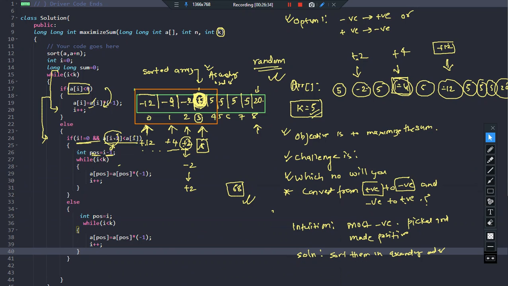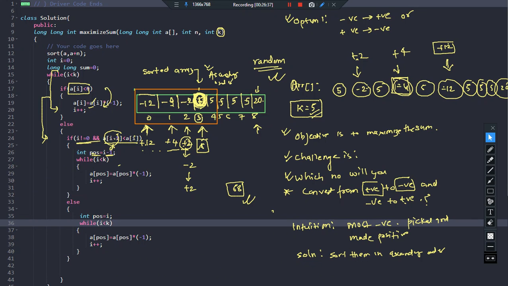That's it. So I hope you got the point. The intuition was very clear. So if we found out that this is the first number itself, that is, the I is pointing to this 5, so there were two challenges, right? I is pointing to 5, and if I find that I is not equal to 0, it means it is in the middle position, somewhere in the middle. So in that case you just compare it with the element before it.